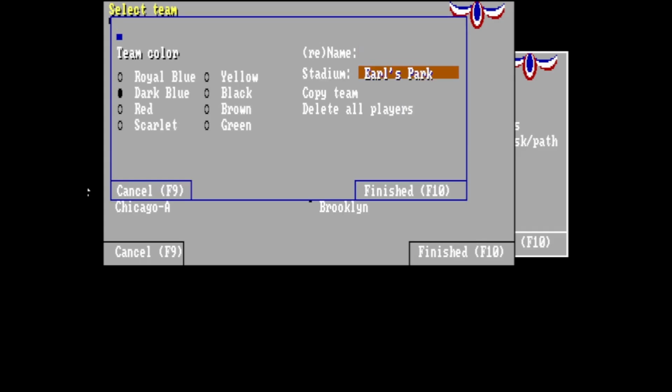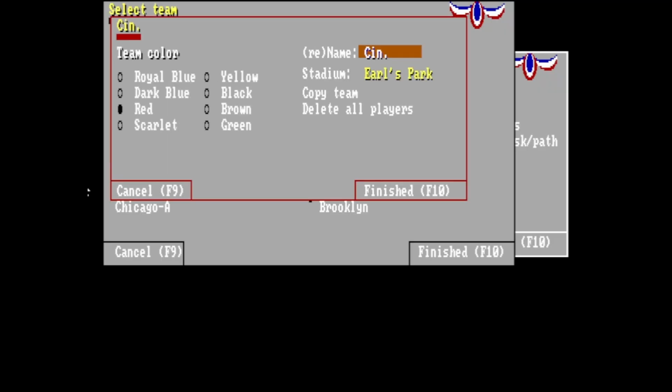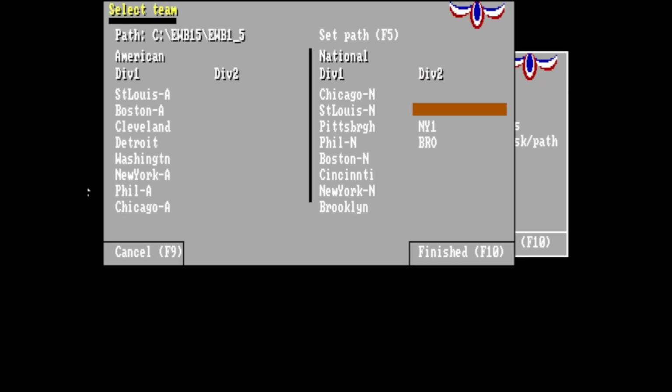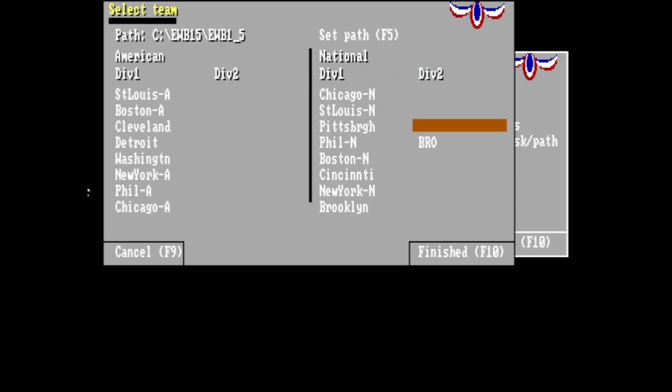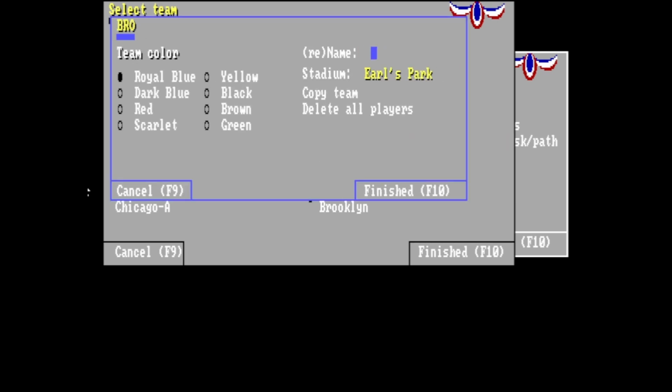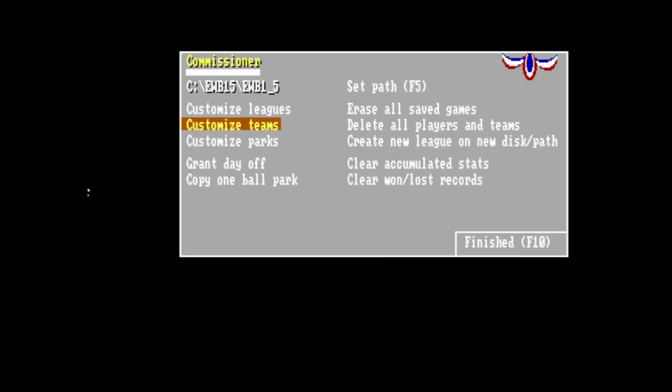And the same thing here. And so forth. All right, there we go. All right, now we have 1 American League division, 1 National League division. So we're good to go there. Next step, hit finish there,